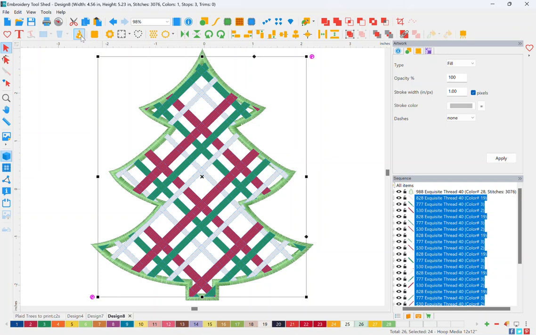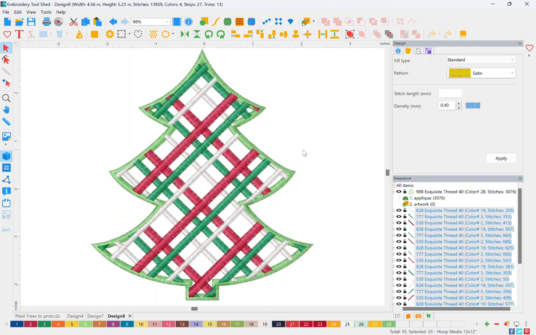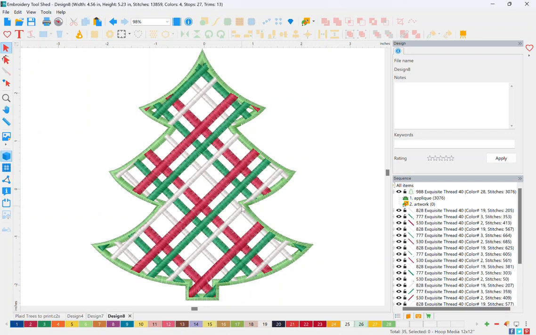So if I click on the wizard with that selected, it says, do you want to auto digitize these? Yes, I do. And boom, turns them into a satin stitch. So, and that looks pretty cute. I actually like the satin, and you could stitch it with those as full satins, but you can also adjust